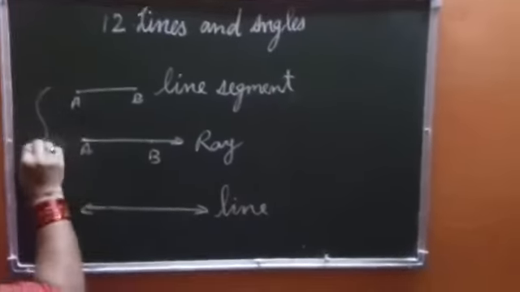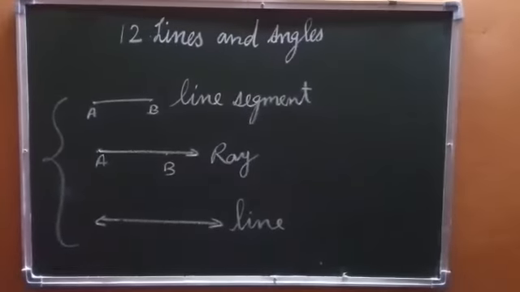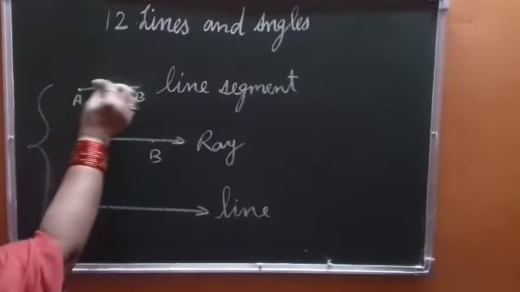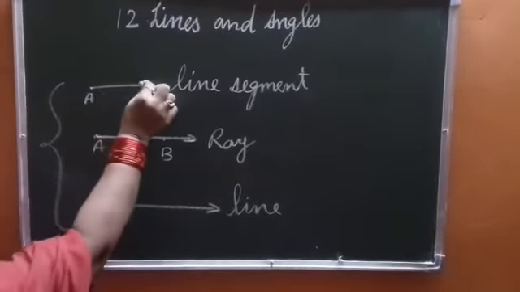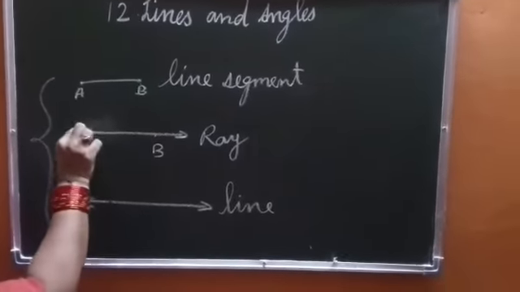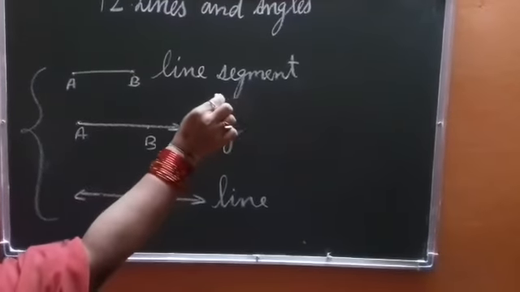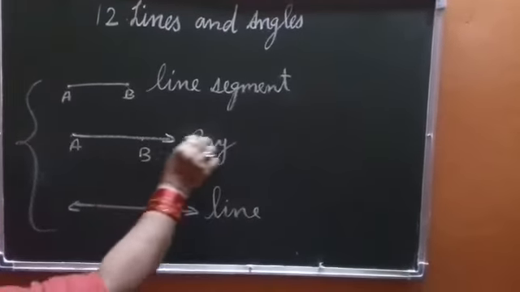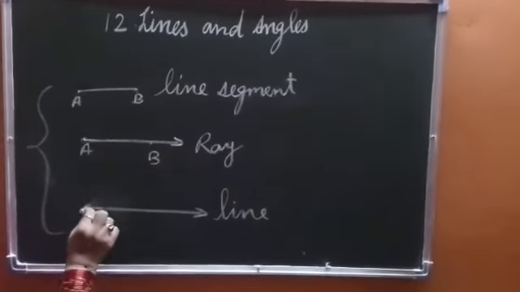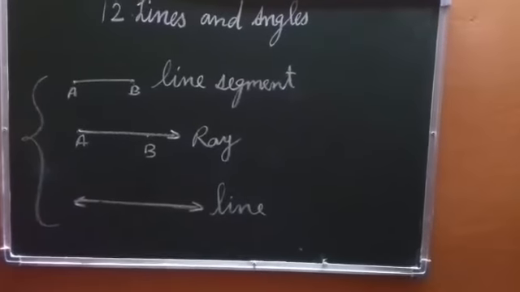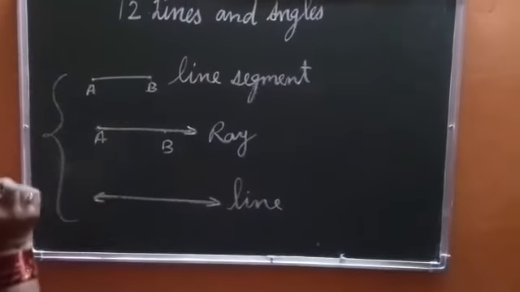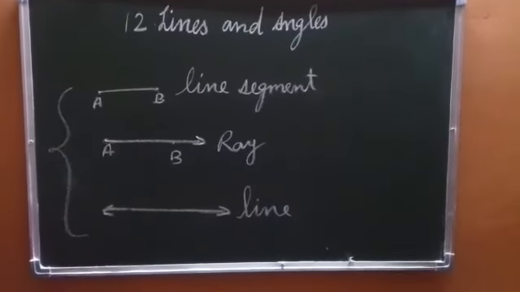So these are the three things, children, which we will be studying in our line section: line segment, ray, and line. Just to revise it once again, a line segment has two fixed endpoints. Its length is definite. It cannot be extended in any direction. A ray has one fixed endpoint, and in one direction it can move to any extent. एक डायरेक्शन में ये कहीं तक भी जा सकती है. So its length we cannot measure, and a line can be extended endlessly in both the directions. It has no fixed endpoint. तो line segment के दो endpoint, ray का एक और line का एक भी नहीं. So this is all about line segment, ray, and line.